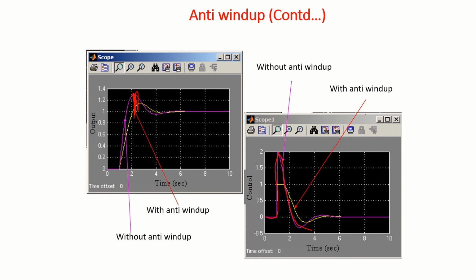But with anti-windup, you see here, this is the control signal. So by introducing this anti-windup circuit, integrator windup can be avoided.